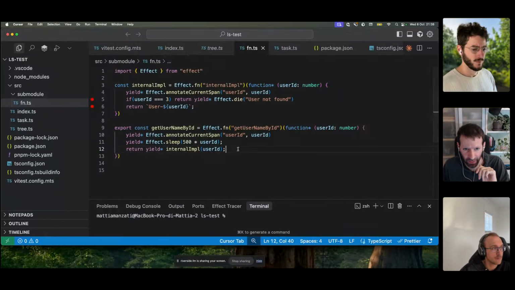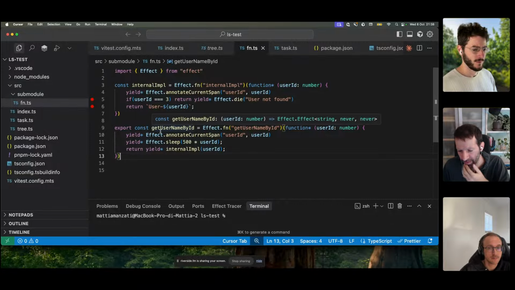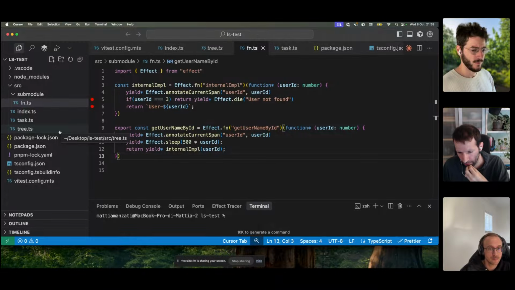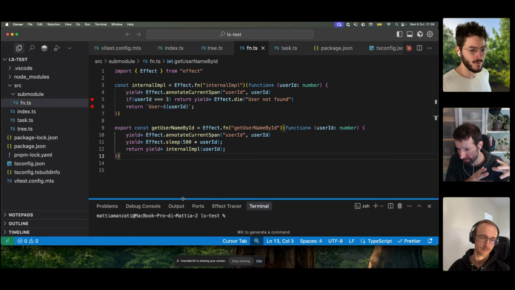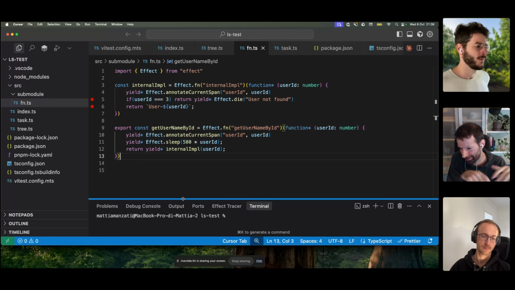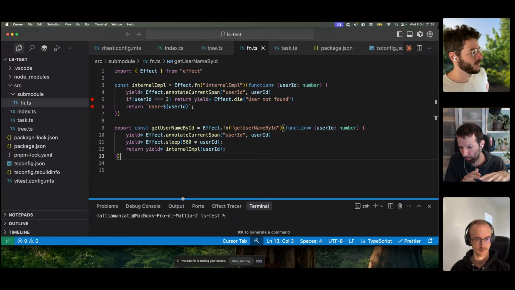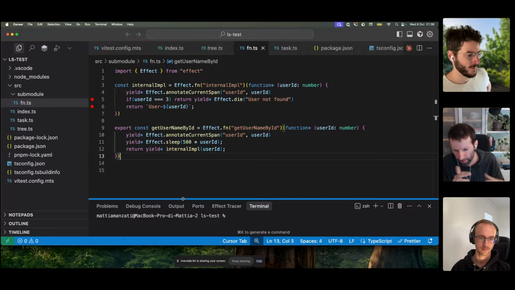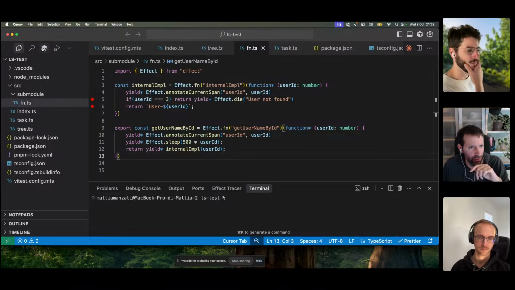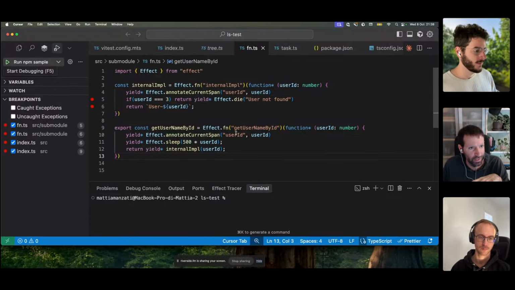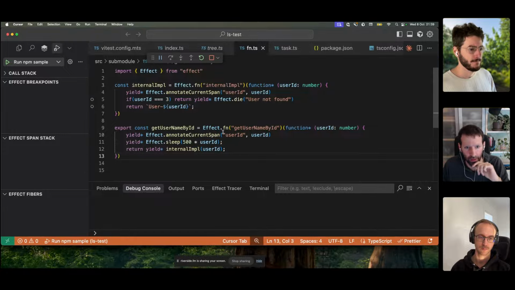And last thing I want to show is some features of the VS Code extension instead. While the LSP tries to improve the editor experience, so it's a very, very short feedback, because it's while you type your code or while you let your AI friend type your code, the VS Code extension instead is more for debugging stuff. It's more like there is something that's not going how I would like it to. Why? And the Effect VS Code extension gives you things like, for example, let's say that I run this sample code,